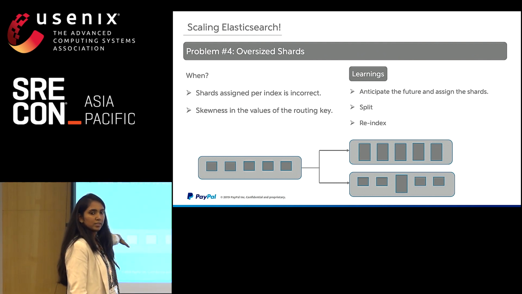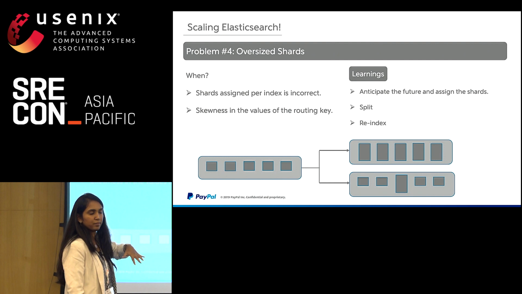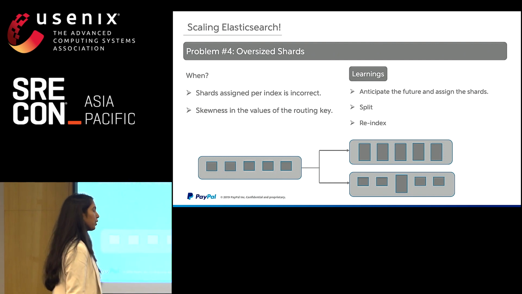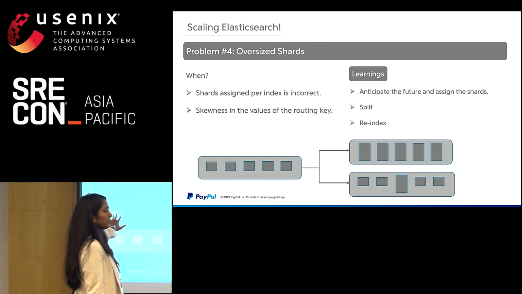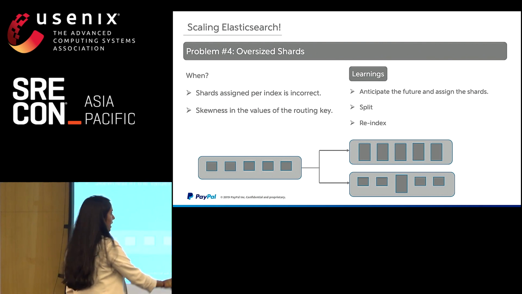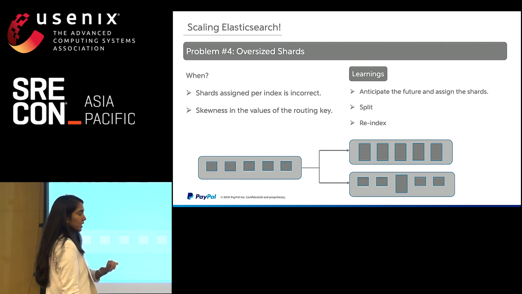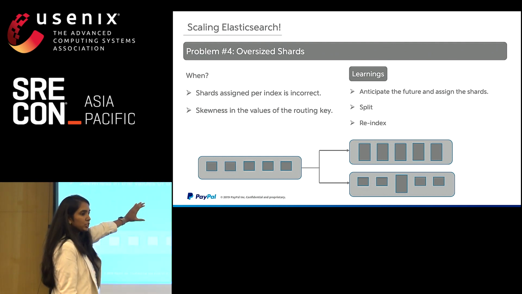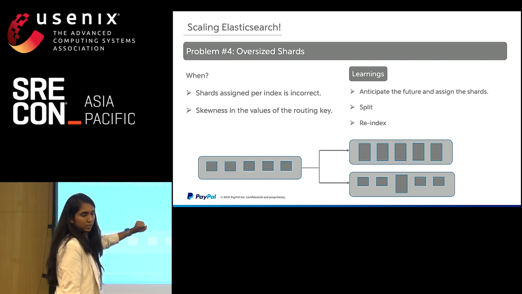Assume that this is your current state and Elastic defaults go with 5 shards for a given index at this point of time, even with the latest version. So it's 5 shards. And then you start populating data into it. Over a period of time, your data size grows. But what happens? You continue to have 5 shards in your index. So the size of each shard keeps growing and growing.